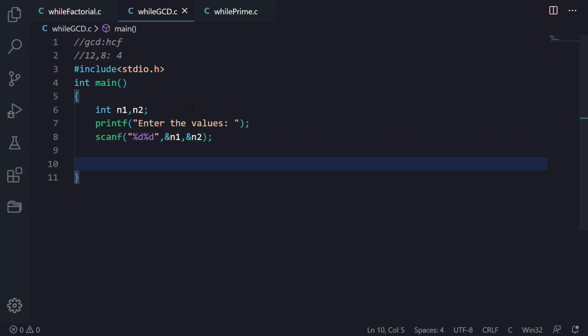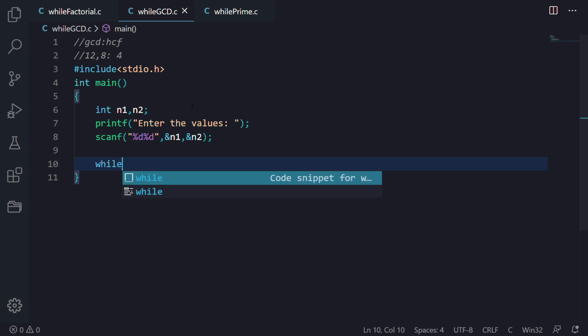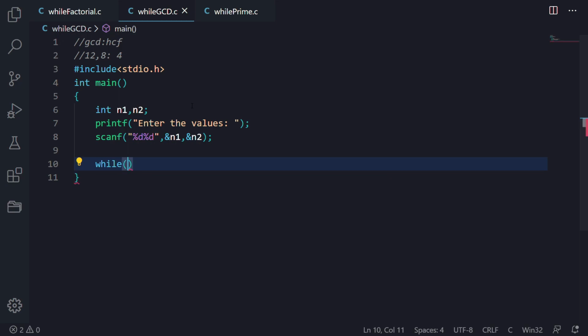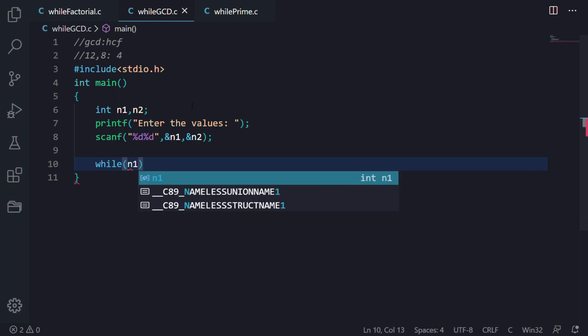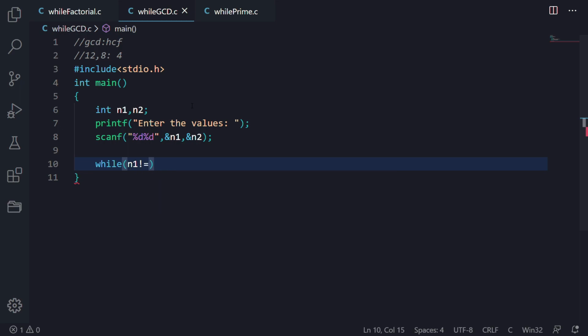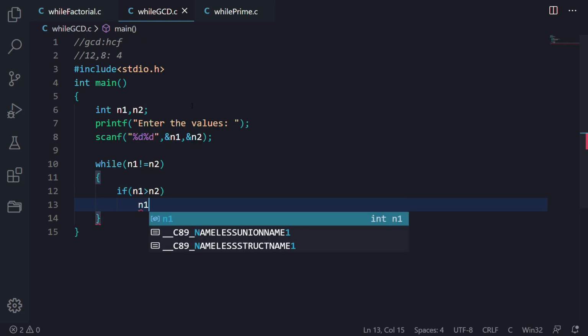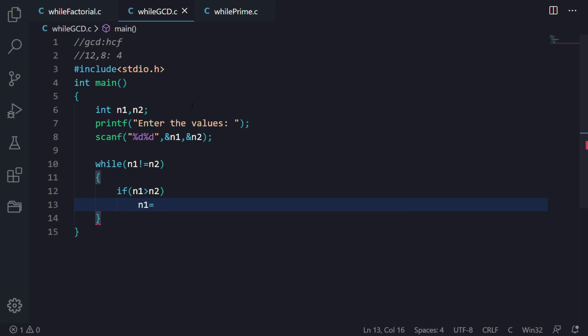Now let us start our while loop. We have to iterate until n1 is not equal to n2, and inside our while loop, if n1 is greater than n2, we will do n1 is equal to n1 minus n2.